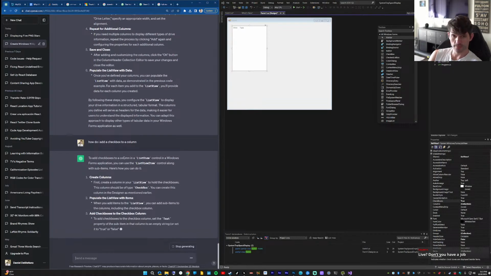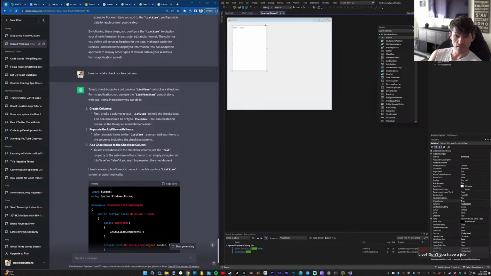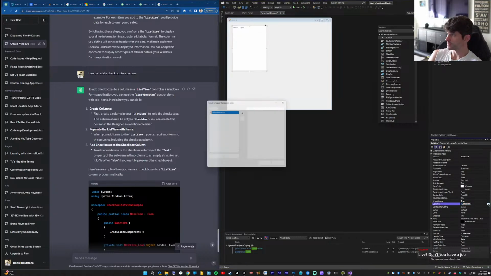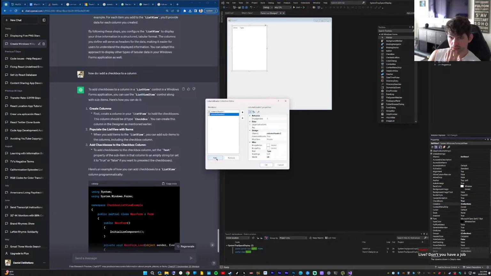To add checkboxes to a column. List view, create columns. Okay, yep, I did that. First, add a column in your list view to hold the checkboxes. This column should be of type checkbox. Oh. Let's see, this column should be of type checkbox. Okay, type. I don't see where it says type. I'll say display. Text